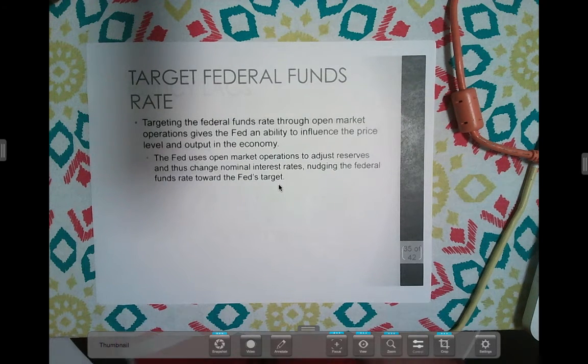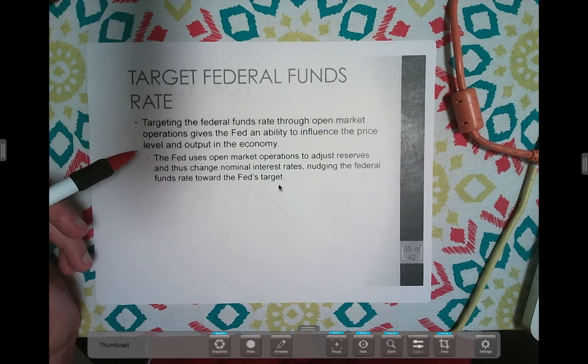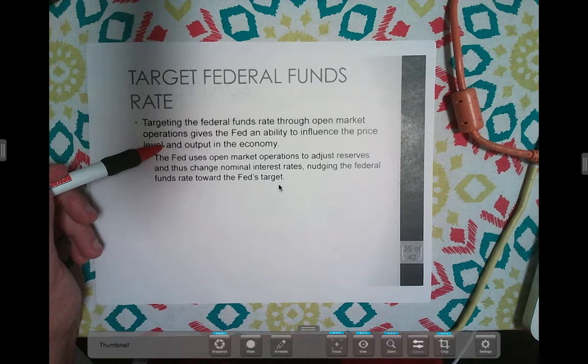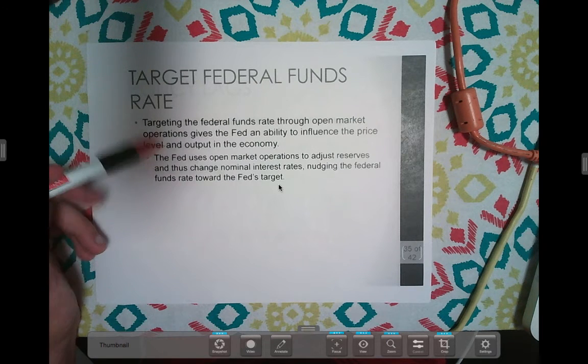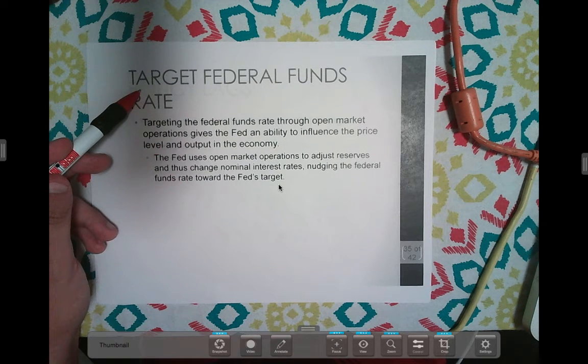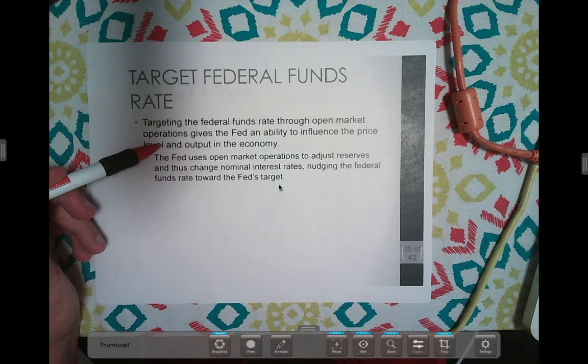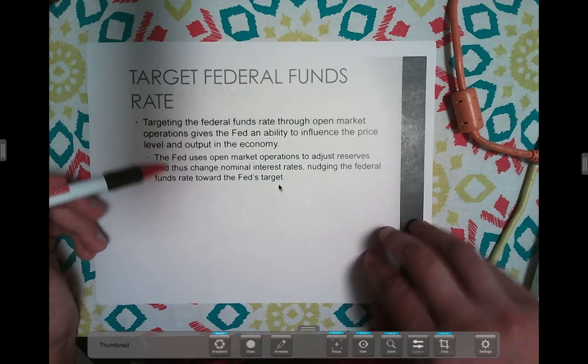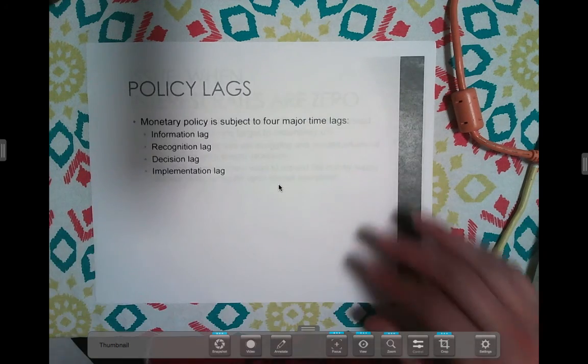And what the Federal Reserve then does is it targets the interest rate that they want. So this is actually what is meant when people say that the Federal Reserve lowered interest rates or raised interest rates. They actually mean that the Federal Reserve changed its targeted federal funds rate. Because the central bank, outside of the discount rate, doesn't determine interest rates. But what they can do is get it so that banks charge the rate that they want. And they can do that through their open market operations.